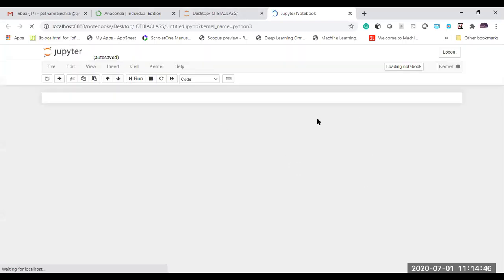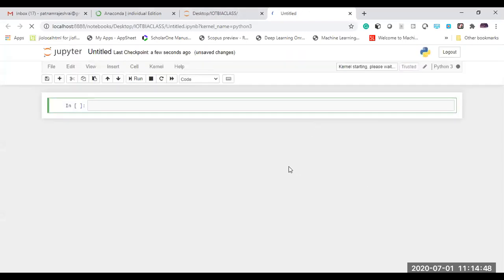We are able to run a Python IDE by using this Jupyter notebook. By selecting Python 3, it is going to select the Python 3 compiler.